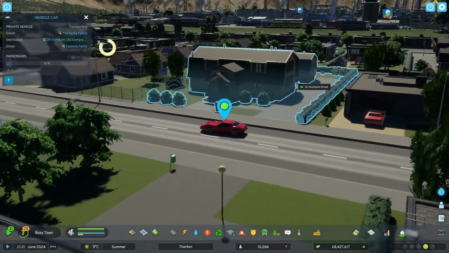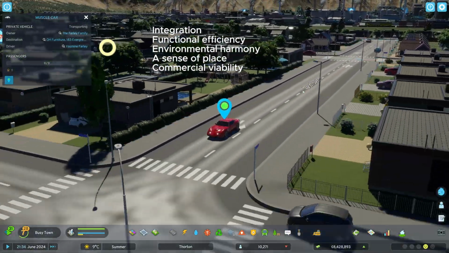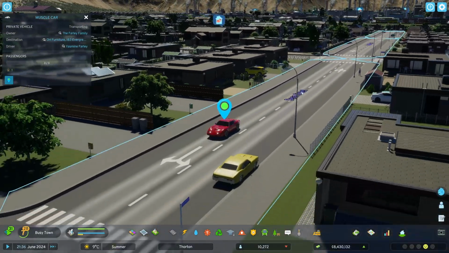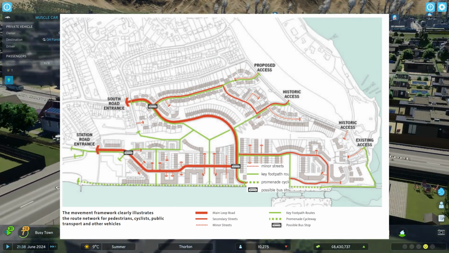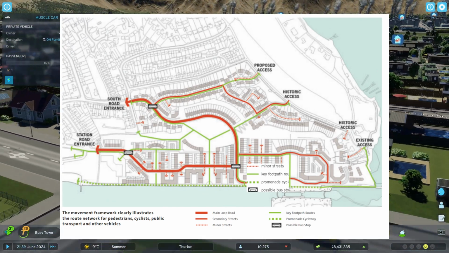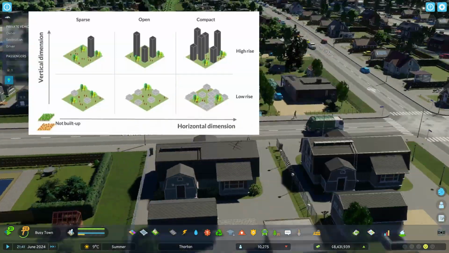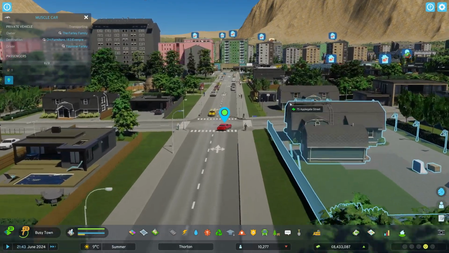So how can we take these 5 principles and actually put them into something tangible? We can do that by the 7 elements. These are the movement framework, which talks about how pedestrians, vehicles, and public transport move about your city. The mix of land uses, the density patterns, the energy and efficiency, the landscape blocks, and of course, landmarks as